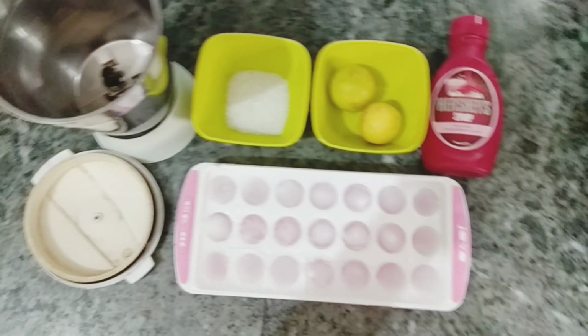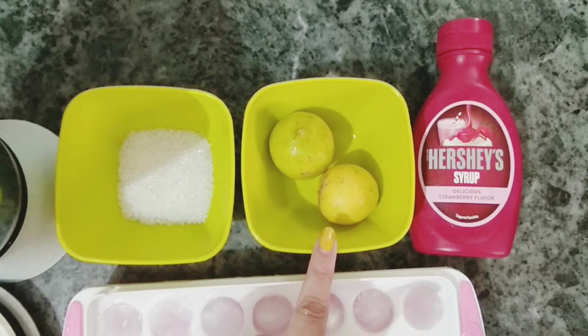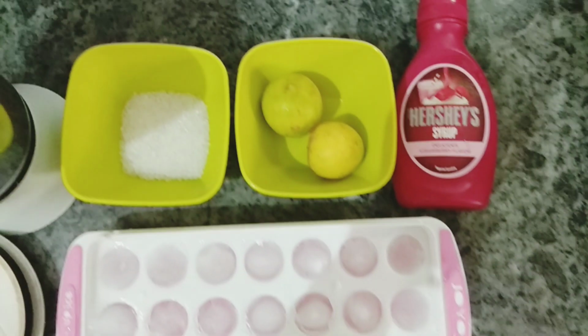Let's make strawberry mocktail. We need 3 tablespoons of sugar, 2 lemons, Hershey syrup in strawberry flavor. You can also use strawberries, you can crush them. Next we need ice cubes, squeezing the lemons,